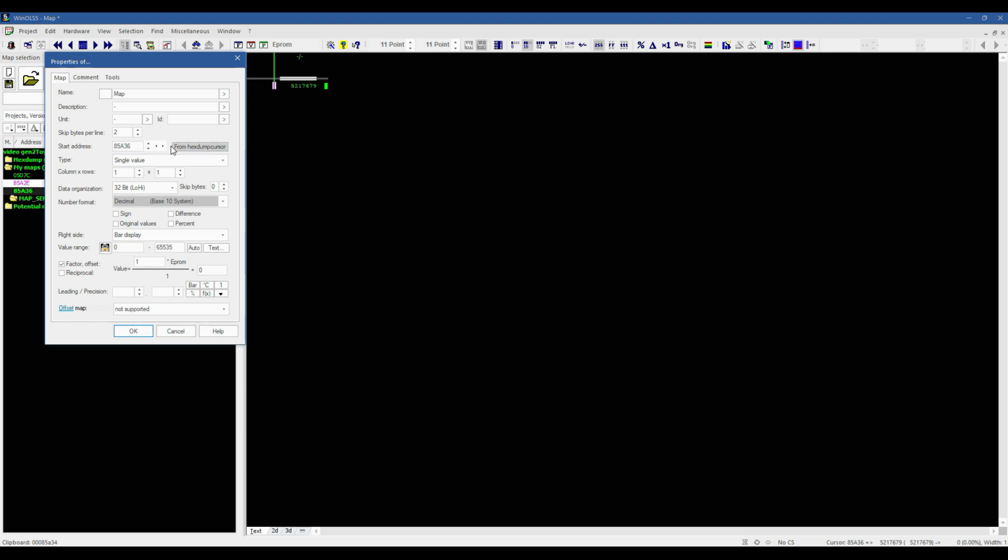That is a big number. That's okay, though. Okay, so this is the map sensor offset. And again, we're going to say